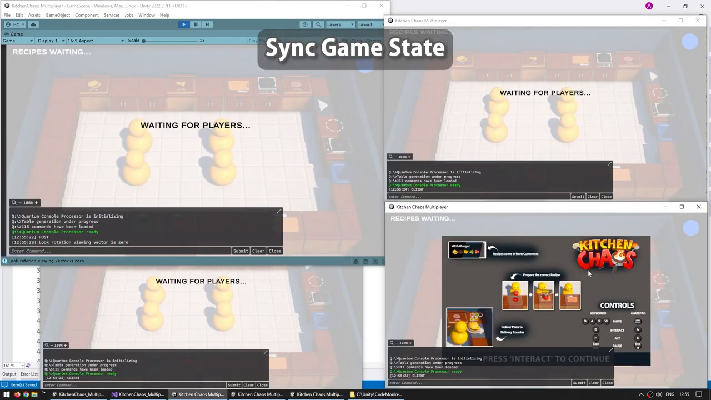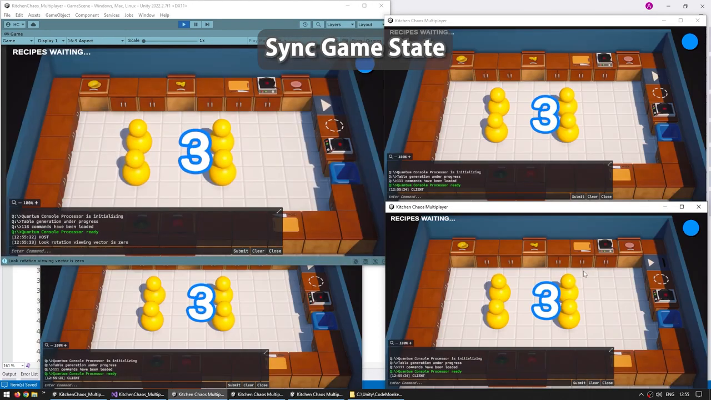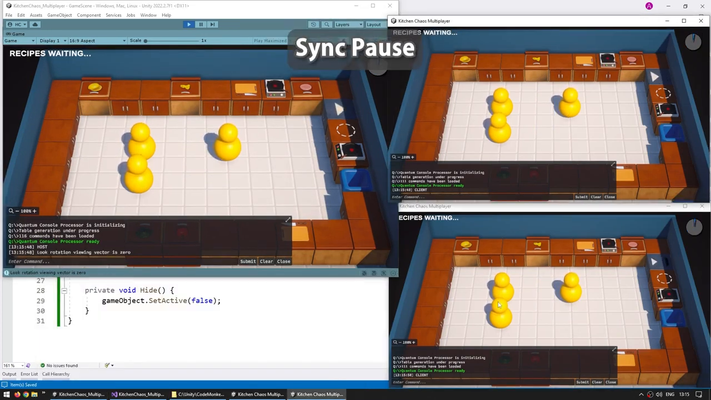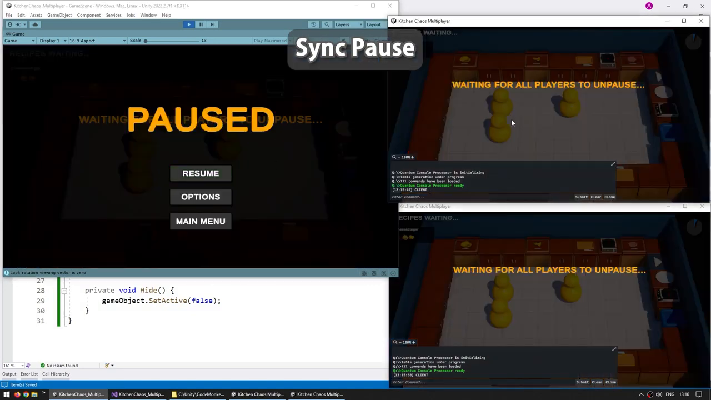Then we're going to synchronize the complete game state, so waiting for all of the players to be ready before starting the game, and also synchronize the game timer and game over. Next, we're going to learn how to deal with pausing, so do we allow it or not? In this case, we are going to allow it, and all of the other players must wait until everyone is